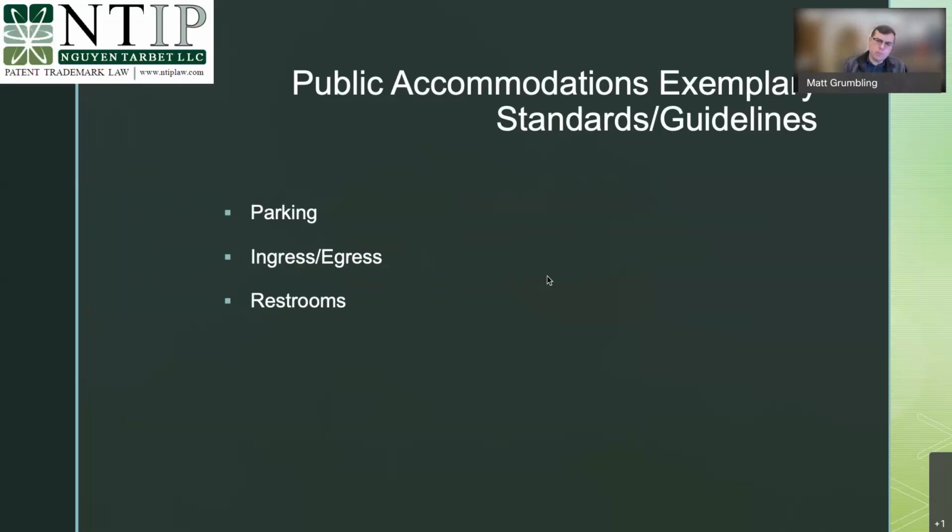Restrooms are a huge problem. There are so many different ways that you can go wrong in the restroom. There are some very technical requirements for the restrooms. Things like just the height of the vanities, the height of the lavatory, the height of any shelves and hooks that you might provide, handholds, turning space, the height of the commodes and the water closets, and a big one is the height of the mirror. If a mirror is provided, it has all these very technical requirements for it.